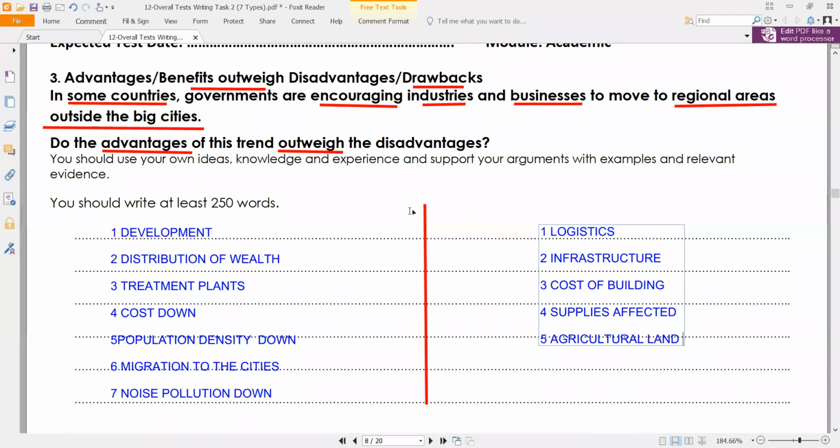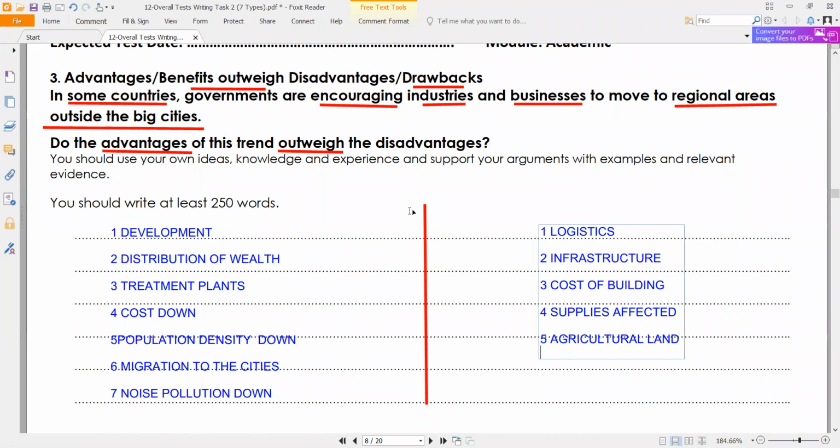True, true, true. That's right. So yeah, in many industrial zones, water supply is a problem. So this is something that needs to be resolved before moving the industries and businesses. Electricity, not a problem. It's easy to move. Transport issues, again, infrastructure cost, infrastructure I've written above, it will be a problem. But if the factories are moving, there will be new roads, definitely.